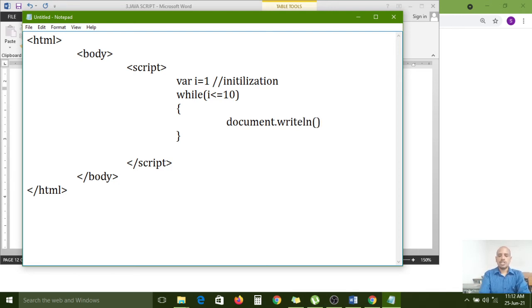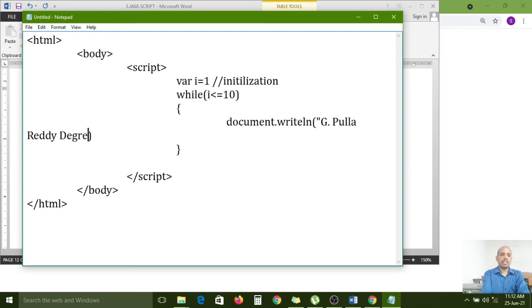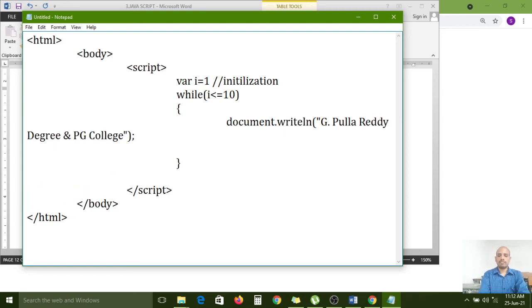So here, G Pullareddy Degree and PG College. That string I want to print, right? So after that I want to use i++, incrementing i.